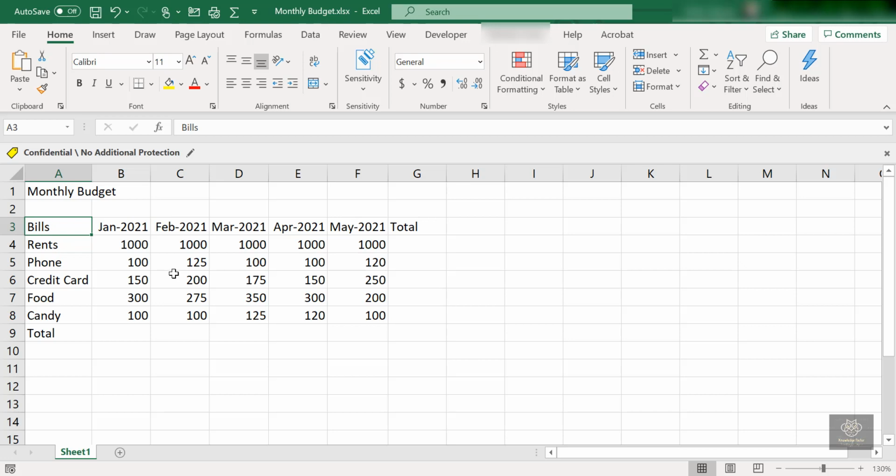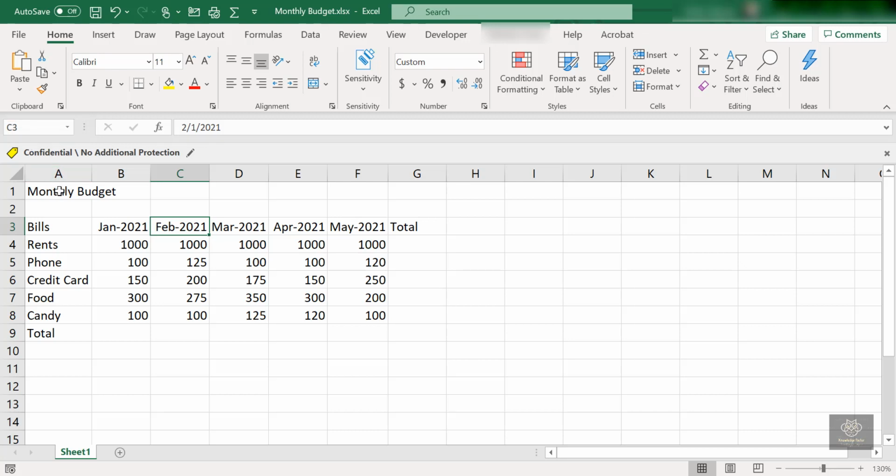But wouldn't it be nice if they told you exactly where to look? We say February. Okay, where is February? Well, February starts inside of cell C3 here, and I can find it right there. I click on February and up on the top left corner of my screen I can see C3. There it is.